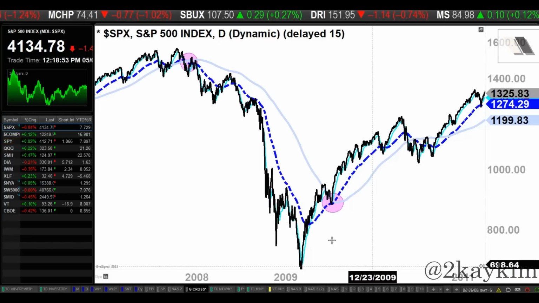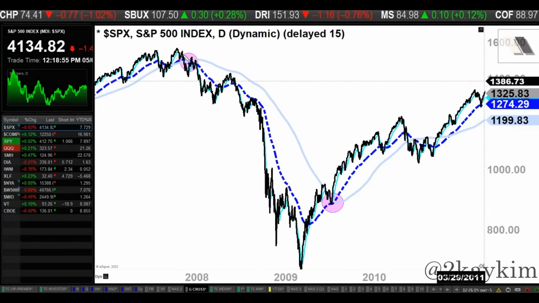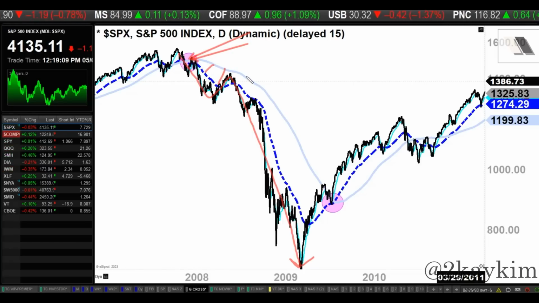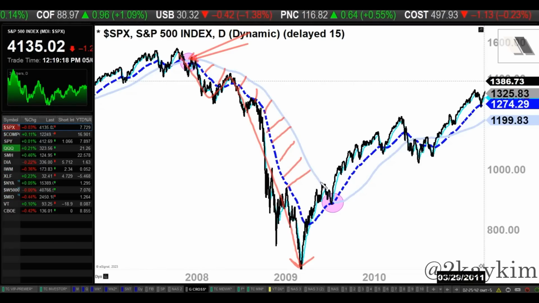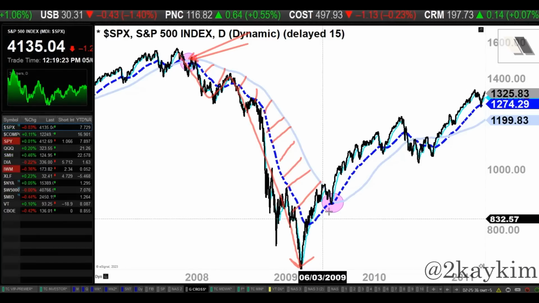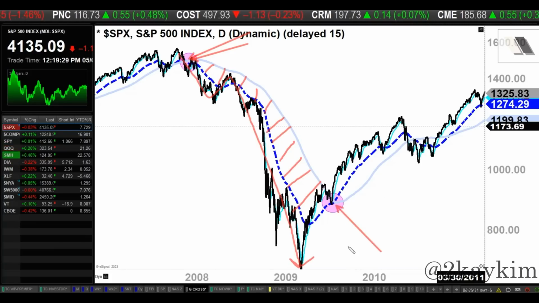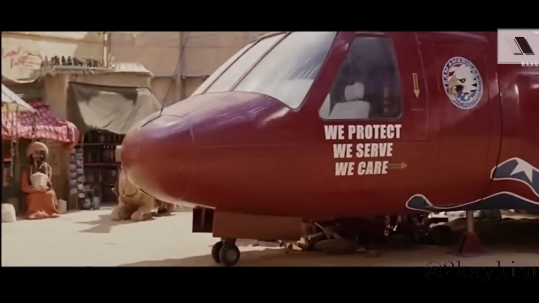fiasco happened. And as you can see, led by the banks, we see the stock market crashing back down very heavily. Again, that's 2008, 2009. We can see once again that cross there, right? And then you see the spacing between, they never come close. And the spacing gets wider and wider as the selling intensifies. Finally, in late 2009, I'll say about July here, we see the same signal right here, golden cross.